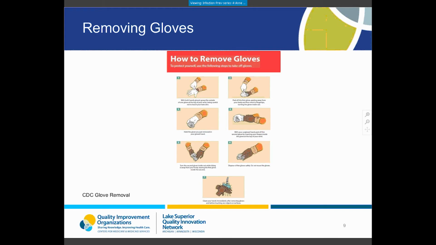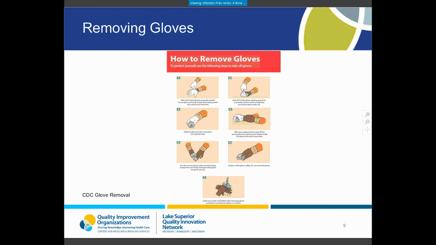When it comes to doffing or taking off PPE, there is also a specific procedure to follow to reduce the risk of contamination from any organisms that may have ended up on your PPE. Gloves should be done very specifically to avoid touching the outside of the contaminated glove. So peel off the first glove, peeling away from your body and from wrist to fingertips, turning the glove inside